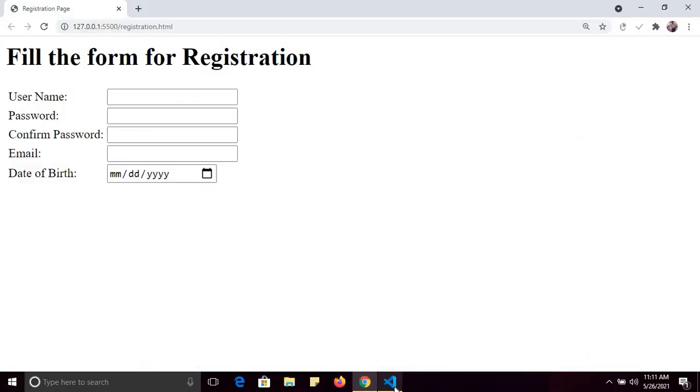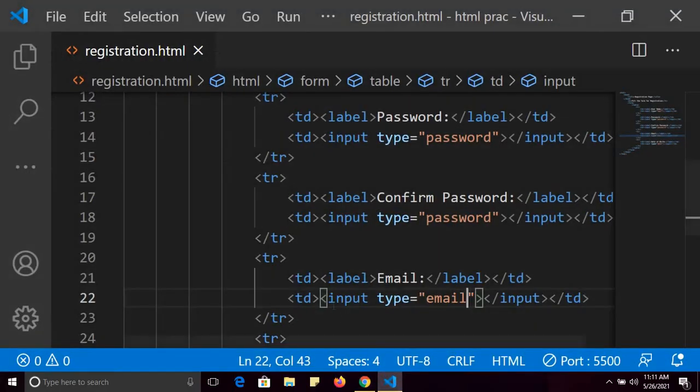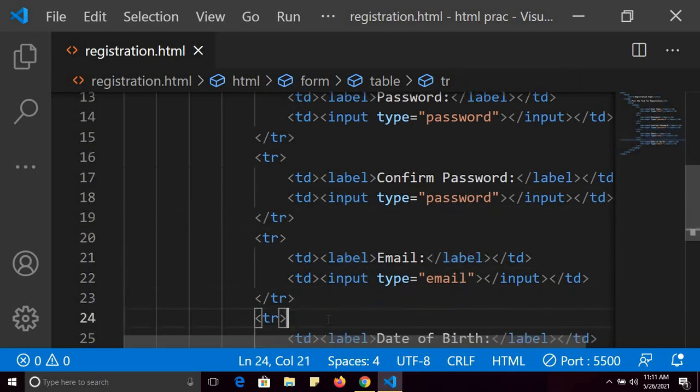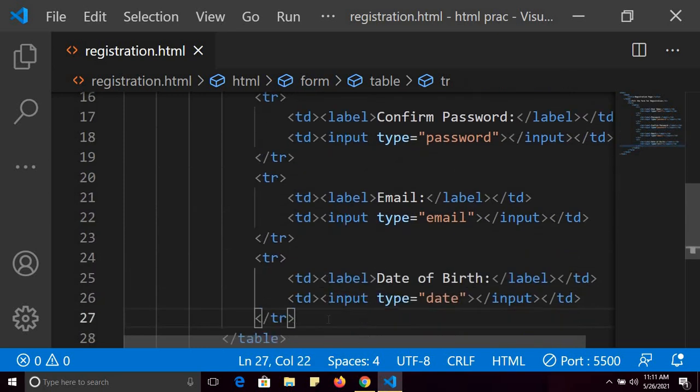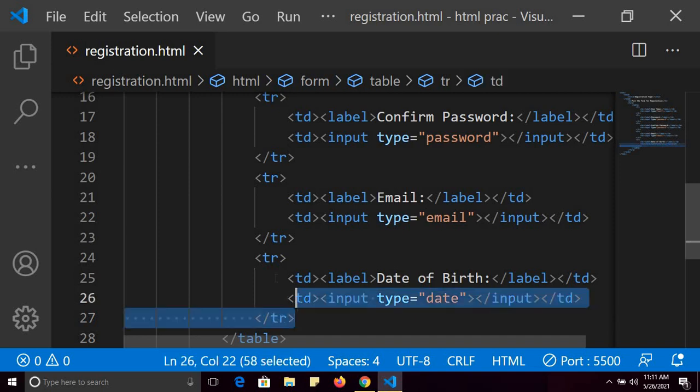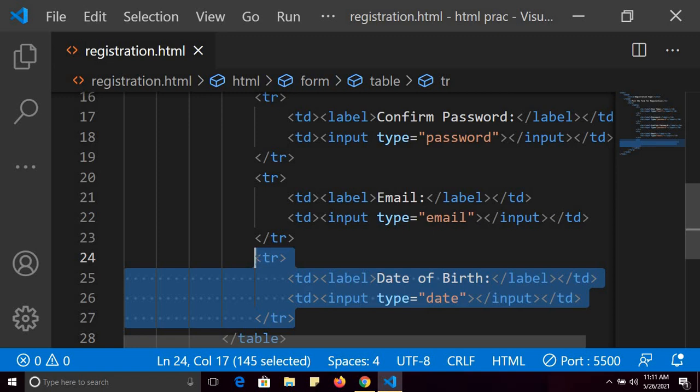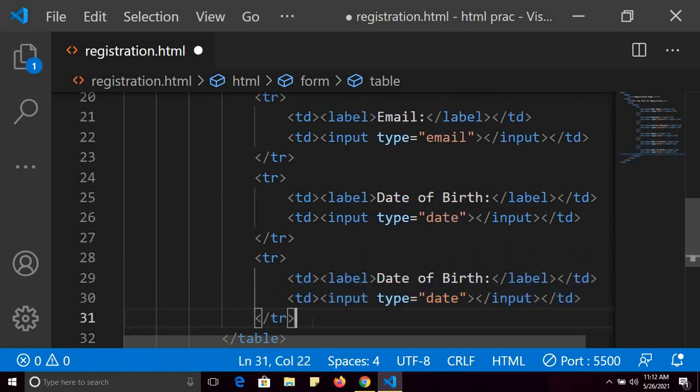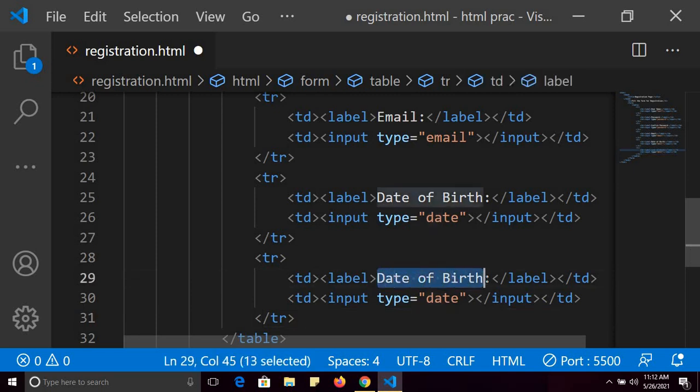Fine. So see how easy it is to create a form. So far I have discussed input type text, input type password, input type email, input type date and one label. Fine. So next, let me again copy, and now I will use radio button. So label, here I will write gender. Fine. And input type will be,